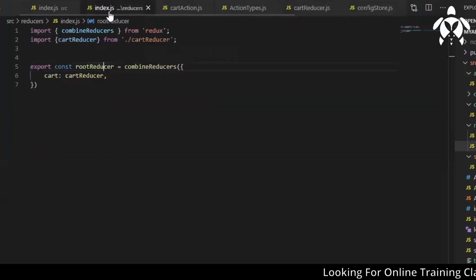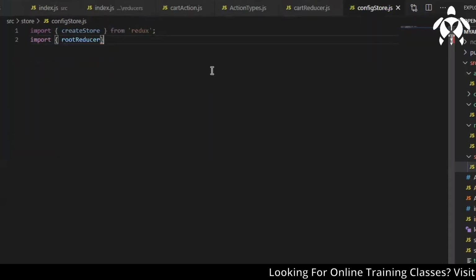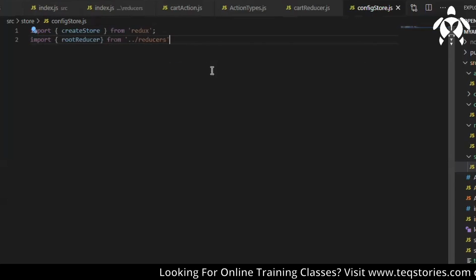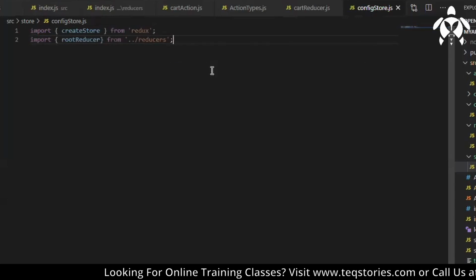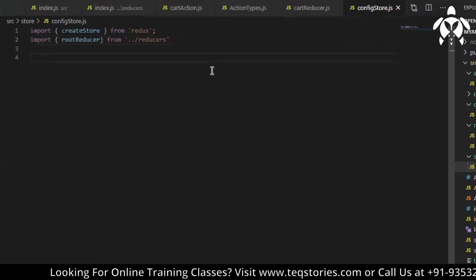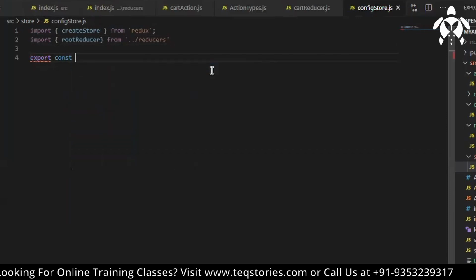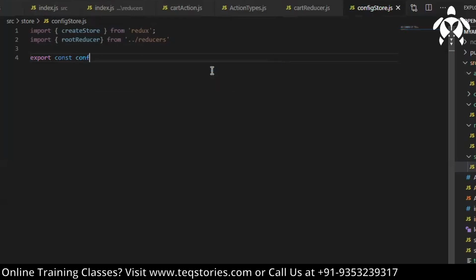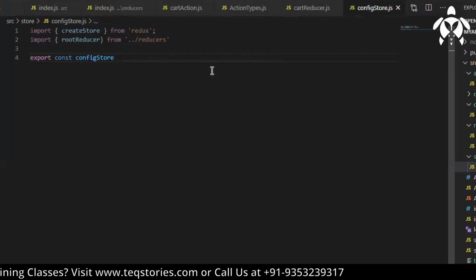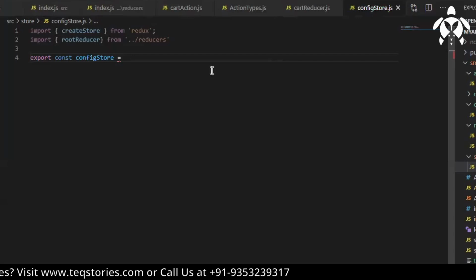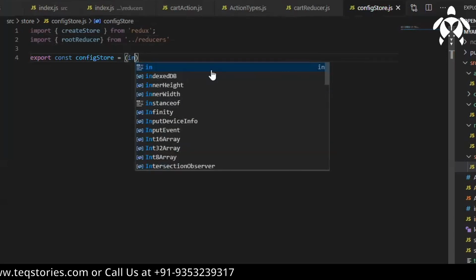So let's write rootReducer, reducers. Let it be reducer. It will take it to index.js. Then we'll write one method which will be given to the index.js file. So we'll simply write configStore equal to initial